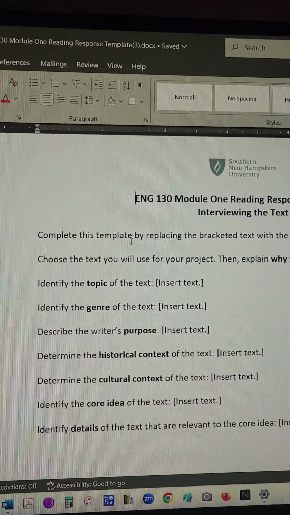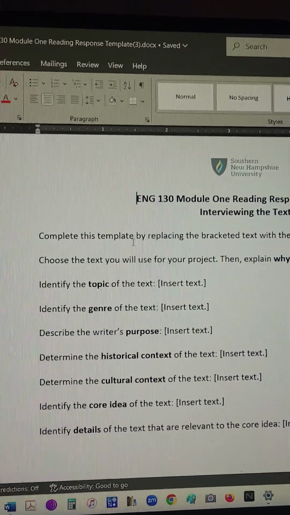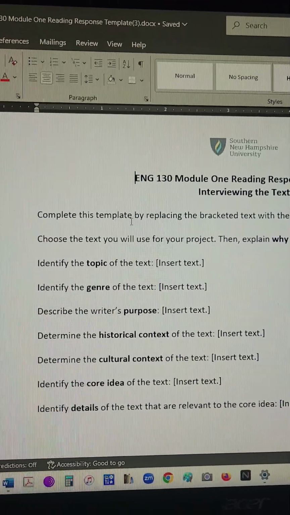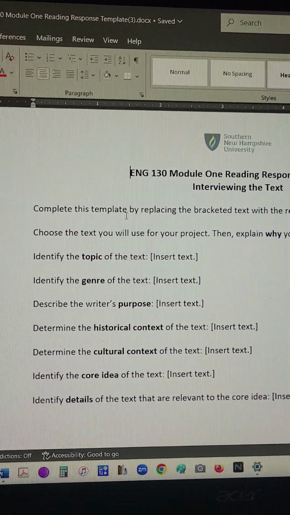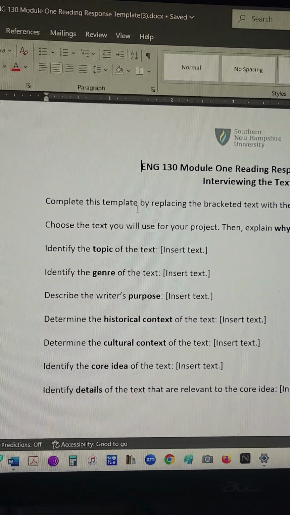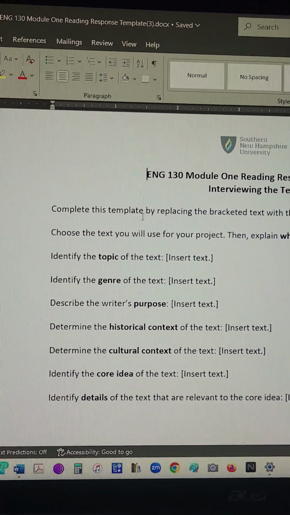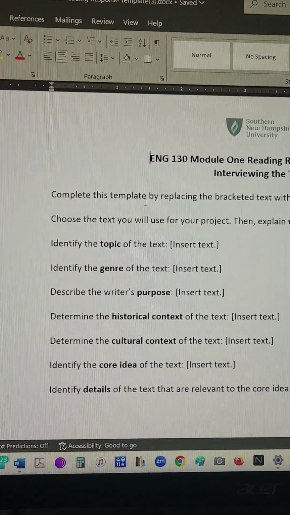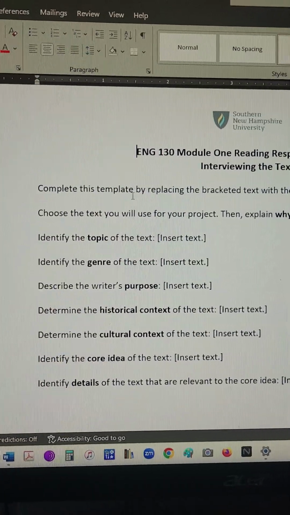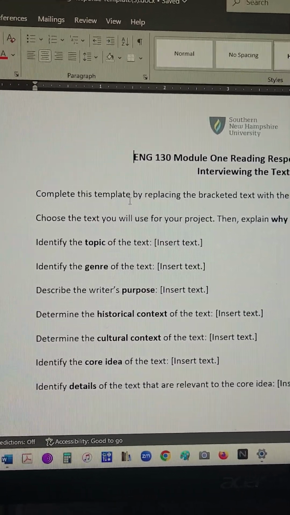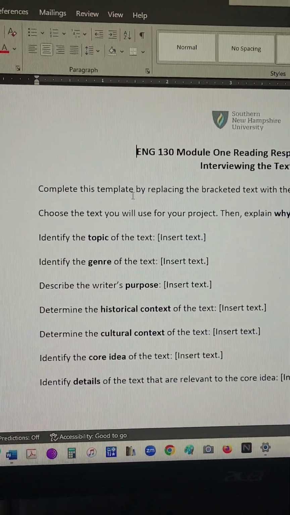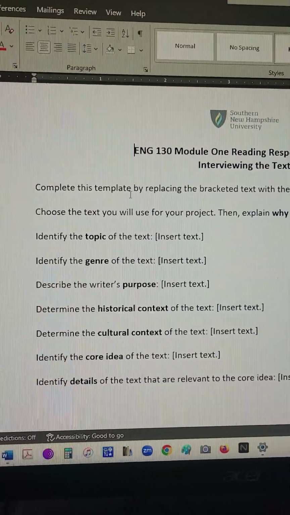Then it says identify the genre of the text. Well, in the module 1, they'll talk about genre and different types of genre. Genre is a French word, it means essentially type or class. What class of text does this belong to? What is the text trying to do, essentially? It could be of the self-help genre. It could be of the informational genre. The genre we're working with in this class is analysis, right? And so tell us, after reading the chapters on genre in Module 1, tell us which genre you think this